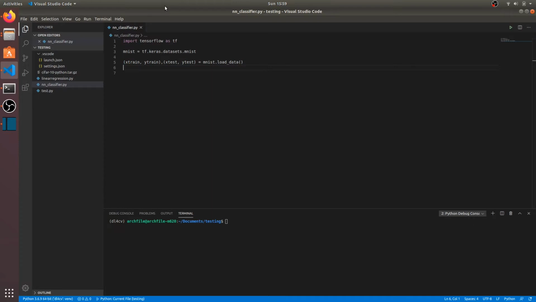So let's say we want the X data. So let's go X train and X test equals X train divided by 255.0 and X test divided by 255.0. That should convert them to floating point numbers for us. Then we want to use